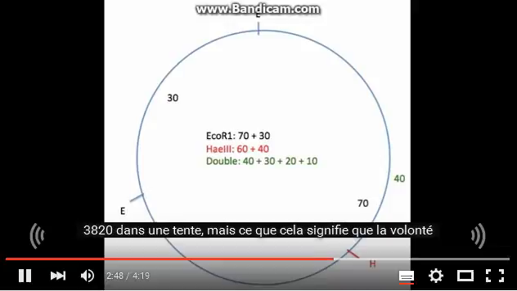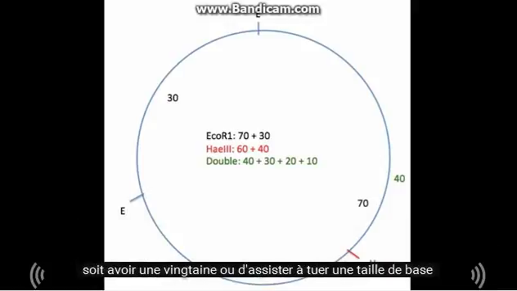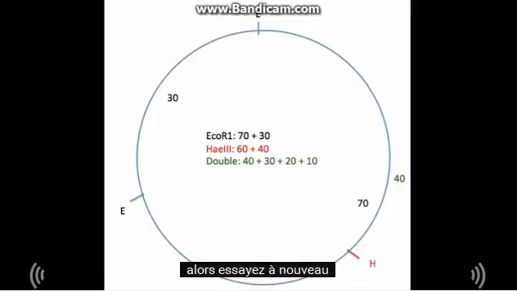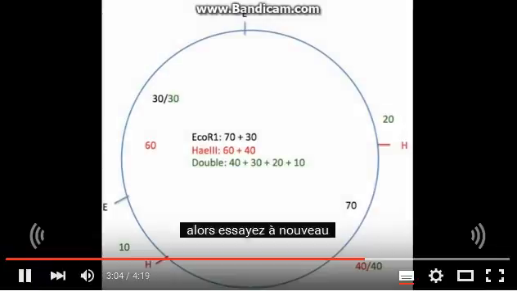But this means that we'll either have a 20 or a 10 kilobase size HAE3 single digest fragment, which doesn't work because we know those fragments must be 60 and 40 kilobases. So try again. So what if we make our first HAE